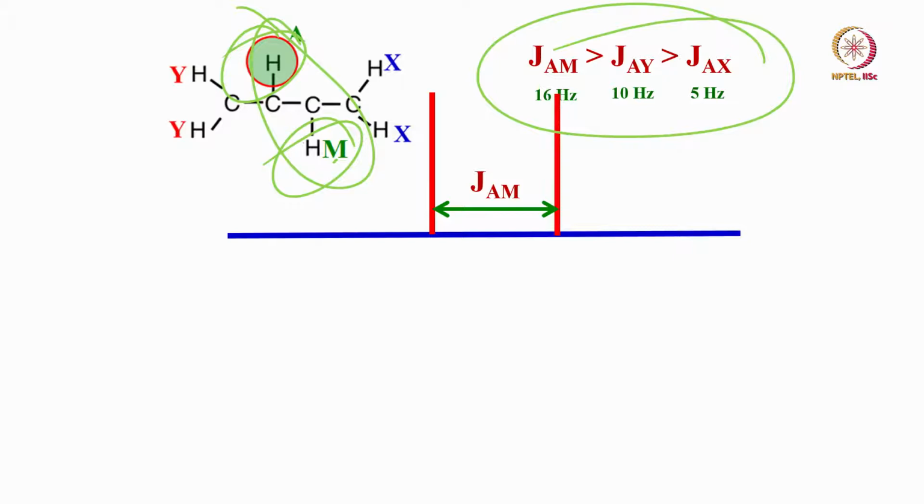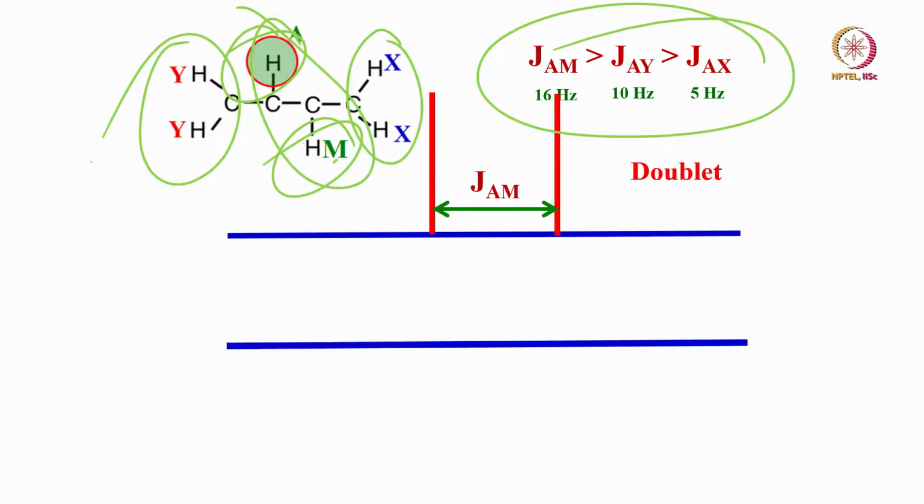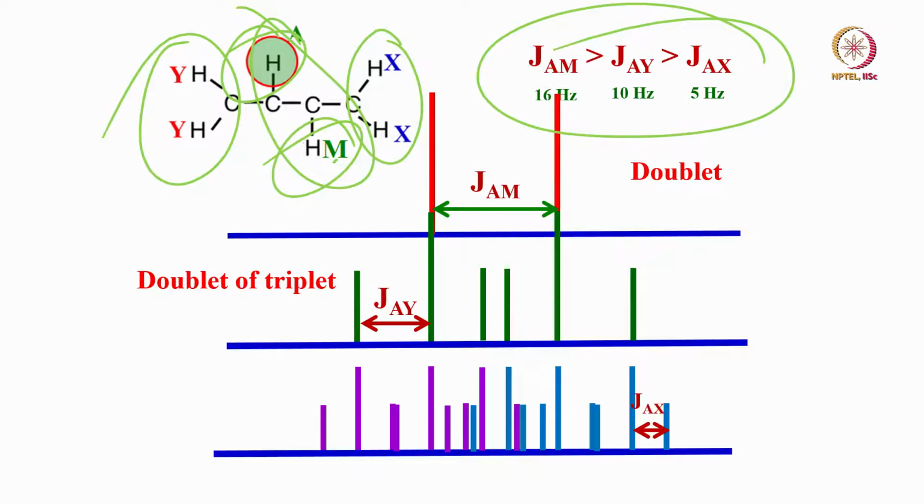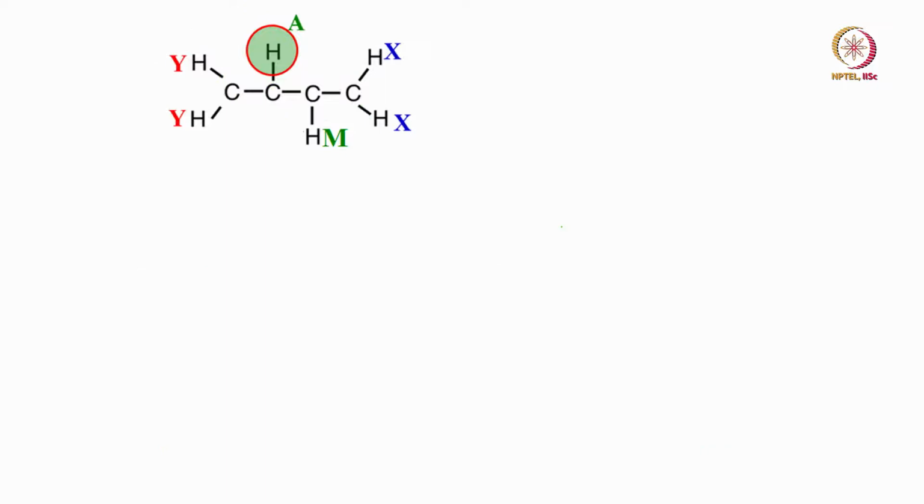And then what will happen next? Very easy to understand. There are two equivalent CH2 groups. So each component of the doublet is going to be triplets like this. Now another one is coupled, so each will be a triplet of triplets. Each component of the triplet is further split into triplets. So what is the pattern you are going to get now? This is not just a doublet of doublets; it is a doublet of triplets of triplets. This is the pattern you are going to get.